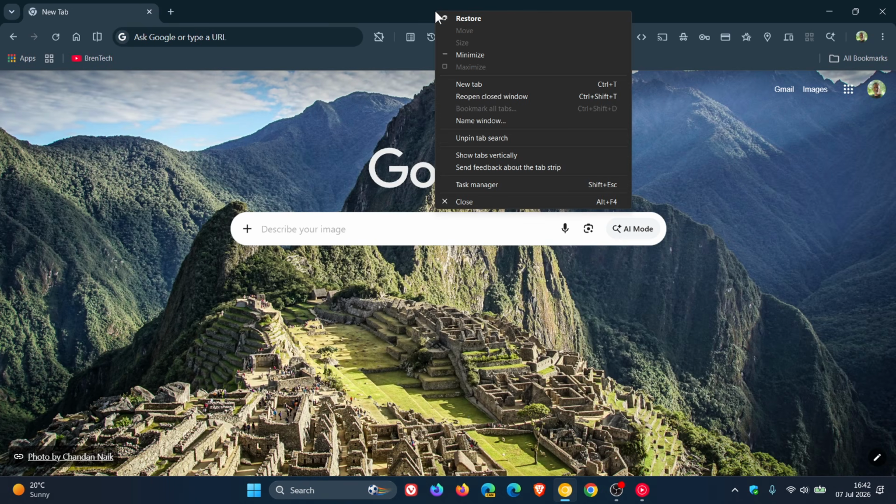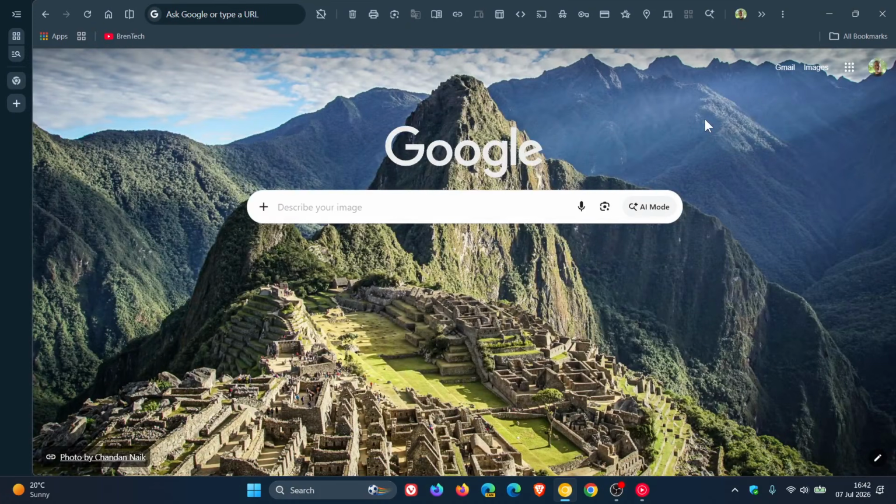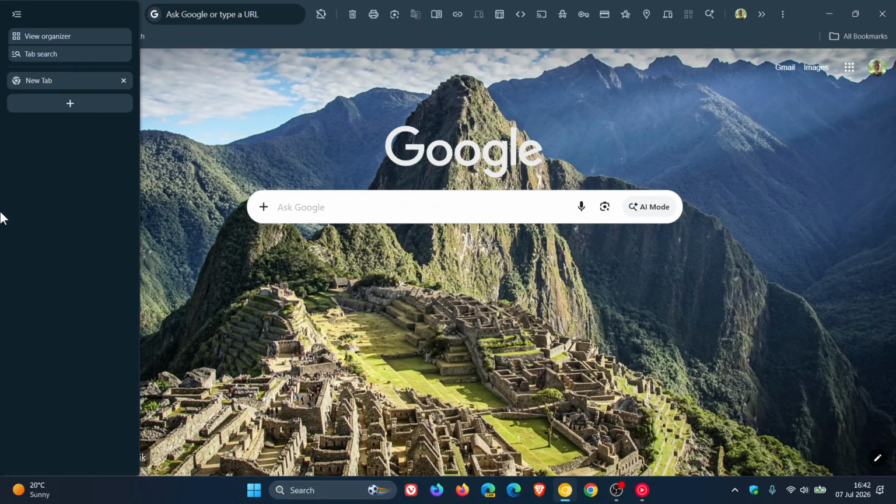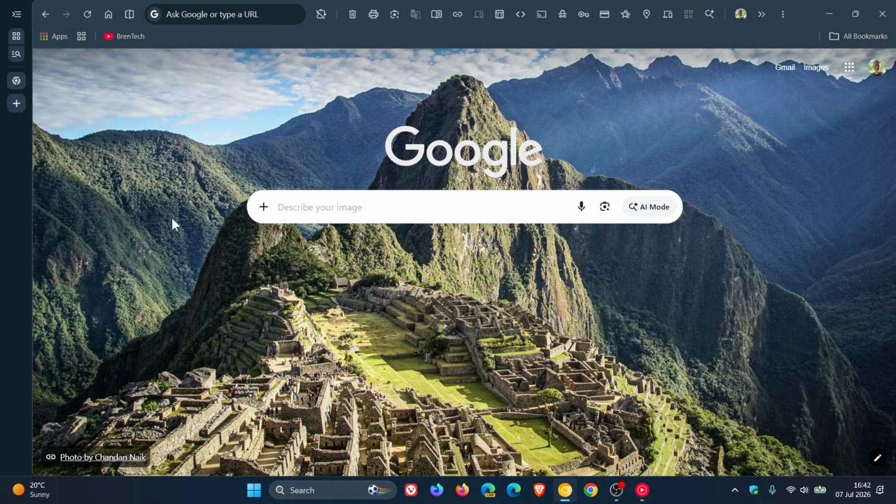So the vertical tab layout is something that Google has been pushing out slowly in the desktop browser, and the emphasis there is more on slowly. It's trickling into the stable version in different regions, but is on a very controlled rollout. But nonetheless, just to let you know that if you are one of those who are using vertical tabs in Chrome, or when it does make it to your region, intend to use vertical tabs, that Google is rolling out